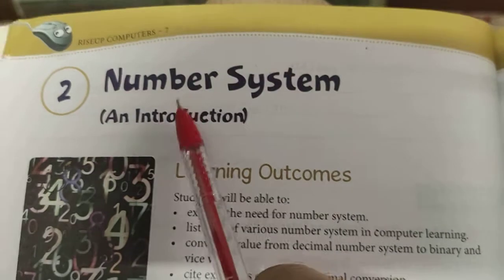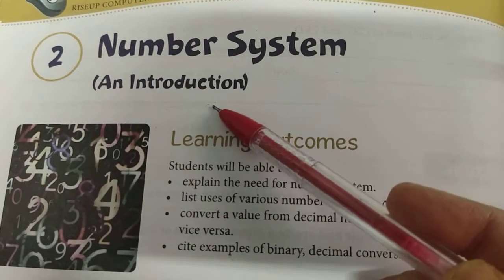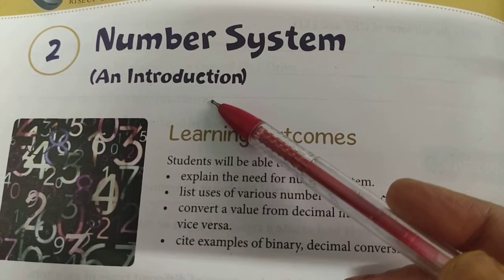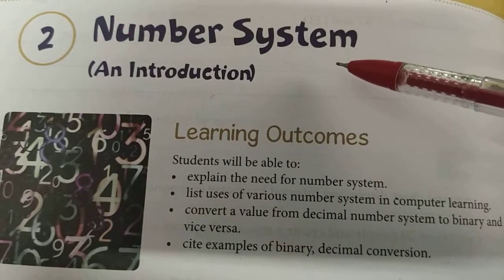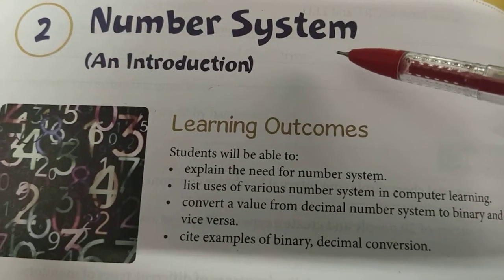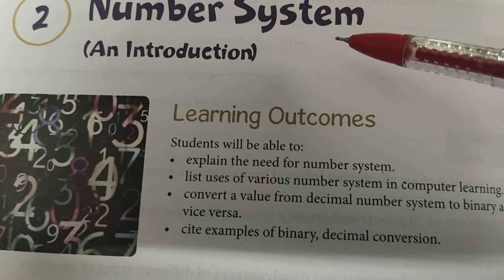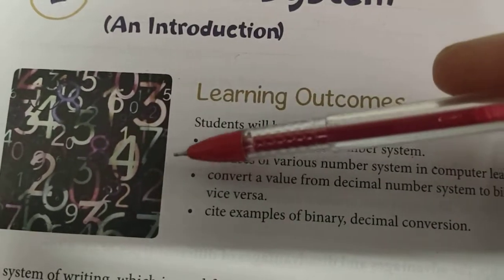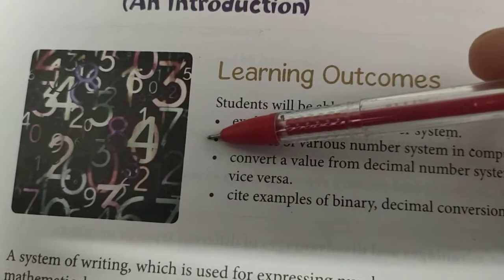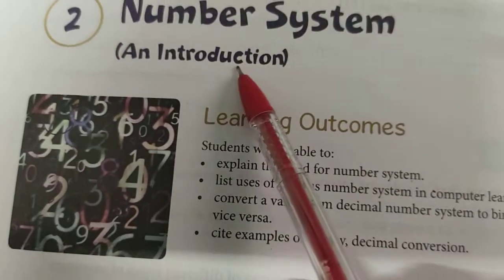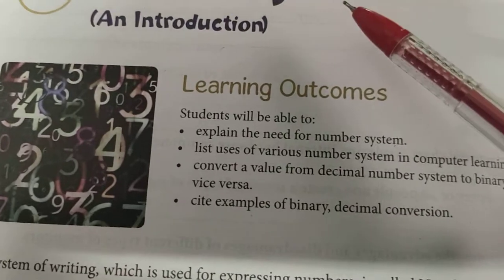Students, first we will be discussing what a number system is. A number system is a form of writing which is used to express numbers. In this we will be using mathematical notation to represent a number or a given set of numbers by using digits or other symbols. This number system provides a unique representation to every number.